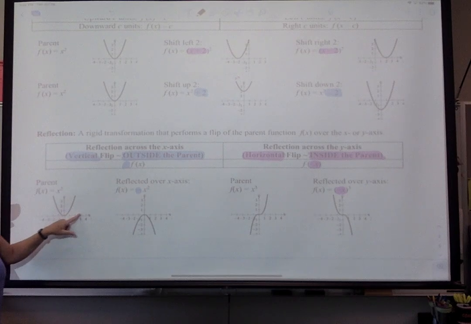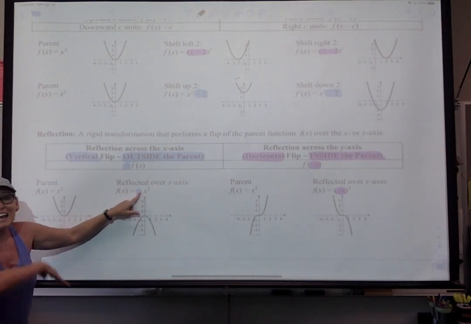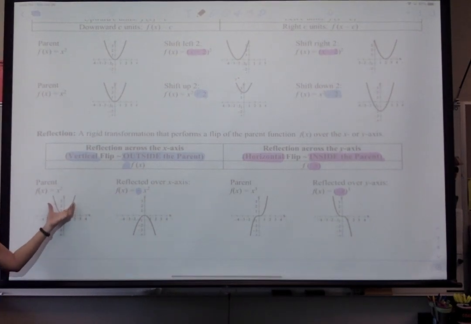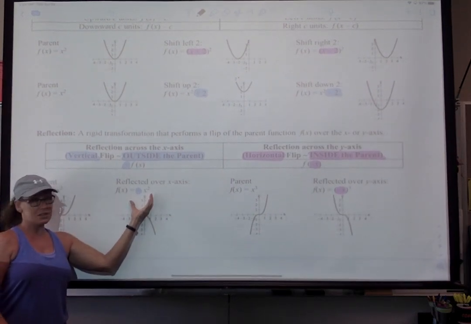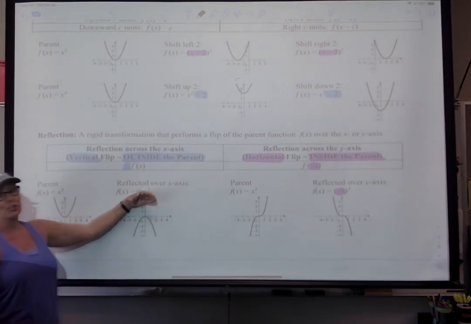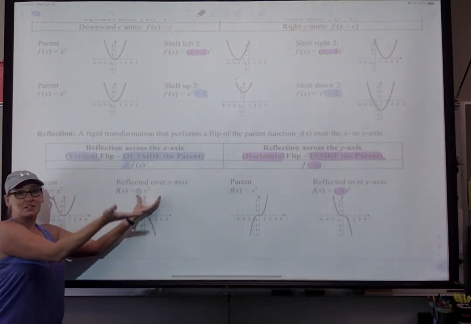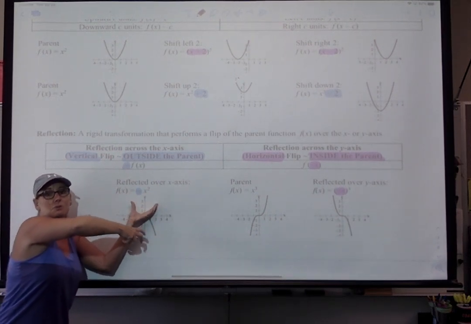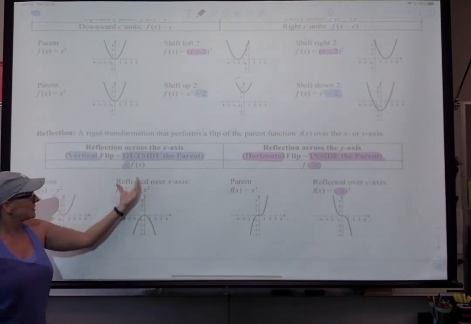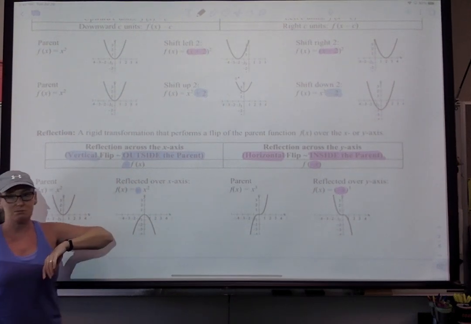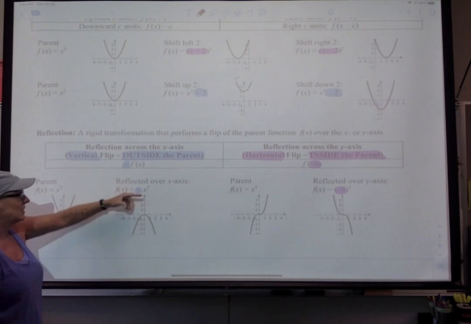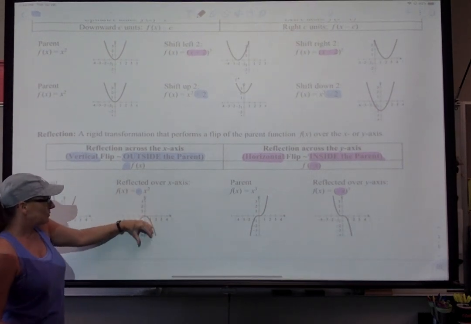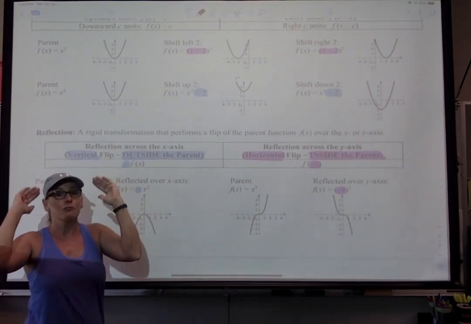So when you take all these y values and you stick a negative on them, it's going to take your parabola from looking like this to now looking like this. All the positive y's are now negative y's. My parabola that was opening in the positive direction is now opening in the negative direction. So I can say that this has been reflected. I'm doing a vertical